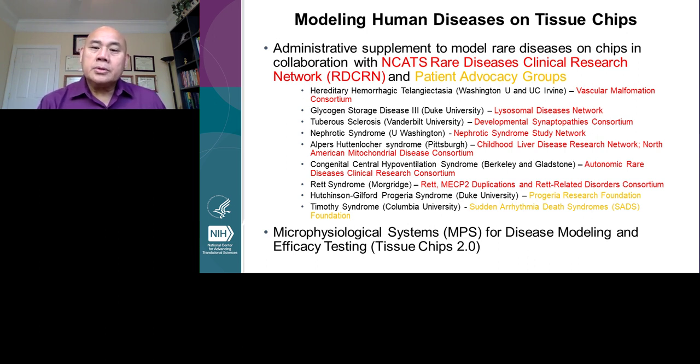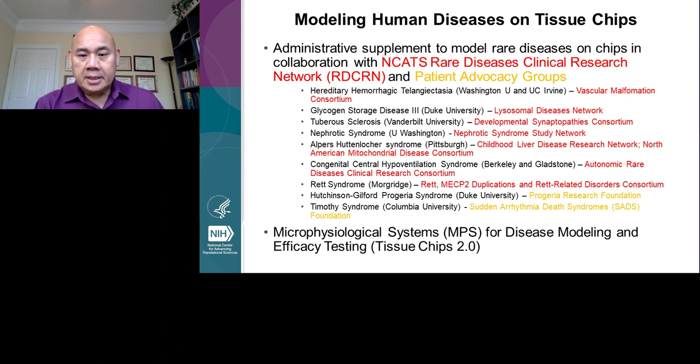So in order to inform us how these devices, these microphysiological systems, can be used to model diseases, we first started with rare diseases as a way to work it into the system, because typically those are single Mendelian monogenetic traits. And so we have our tissue chip developers partner with another NCATS program, which supports the Rare Disease Clinical Research Consortium, shown here in red, or work directly with patient advocacy groups, shown in yellow. And so out of this activity, a number of rare diseases, especially vascular malformations, lysosomal storage disease, tuberous sclerosis, kidney disorders, liver disorders, and heart, and a number of neurological disorders as well has been